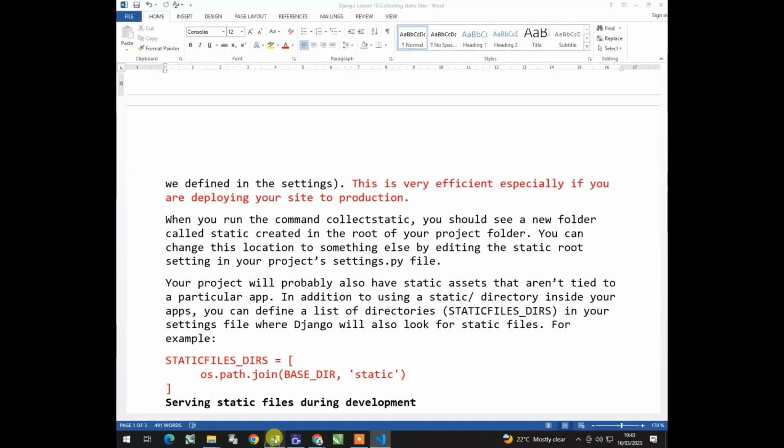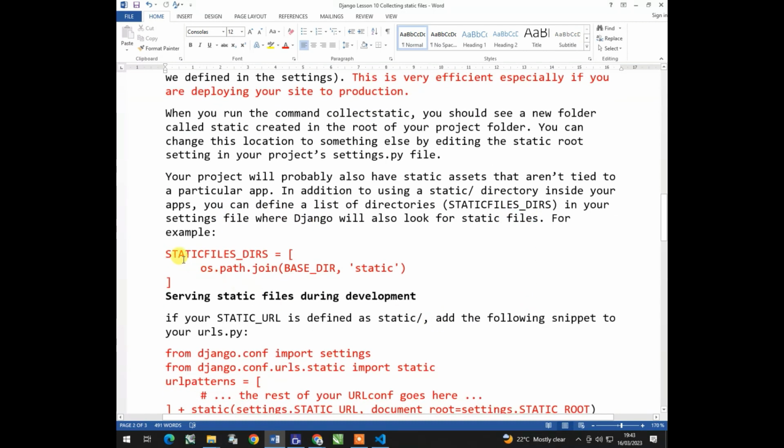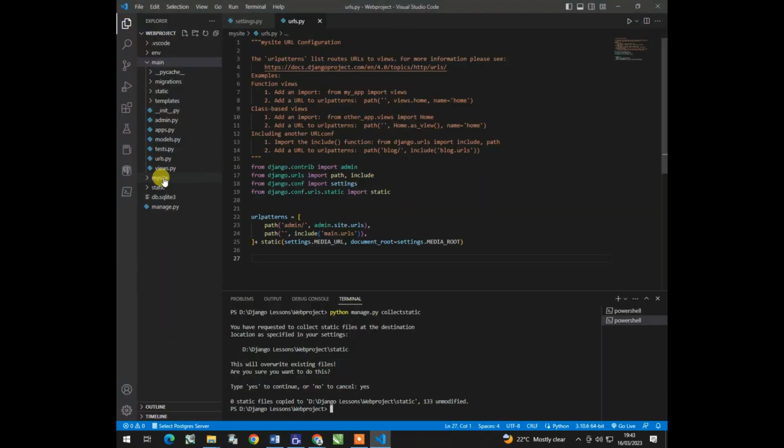So your project will probably also have static assets that aren't tied to a particular app. In addition to using the static directory inside your apps, you can define a list of static file directories in your settings file, where Django will also look for static files. For example, as I have shown you before,